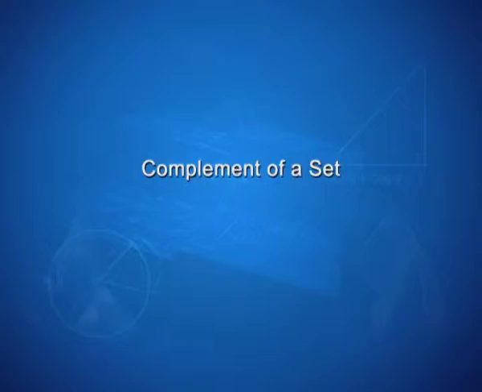and intersection of sets. The complement of any set A is the set of all those elements of the universal set which are not elements of A. The complement of a set is denoted by A dash, which implies not in A. Let us take an example to study this in detail.